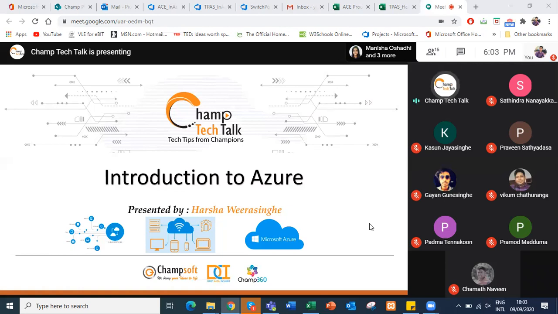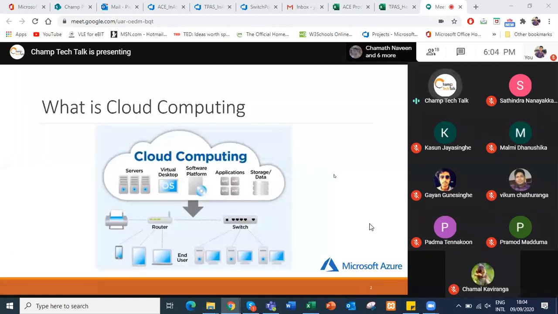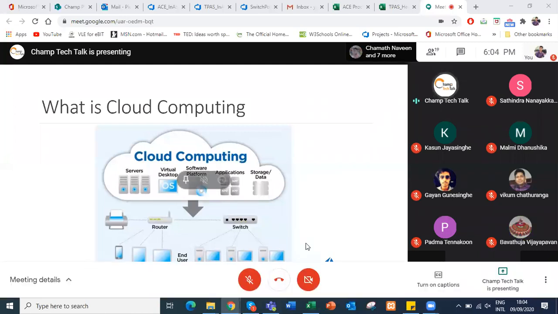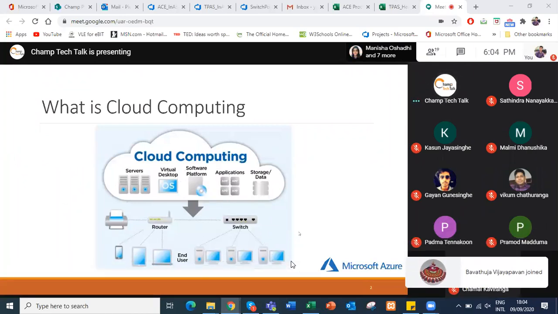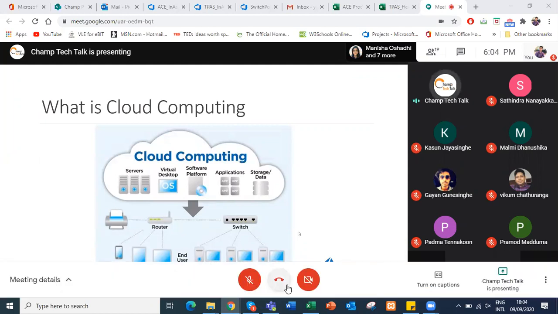If you see the current slide, it's showing there are some specific services within a cloud environment, and using end user devices, those can be accessible. Just by connecting to the internet, they can simply access the related services.